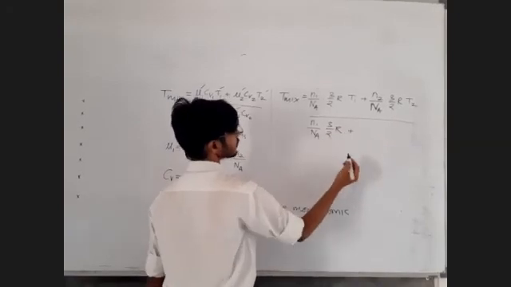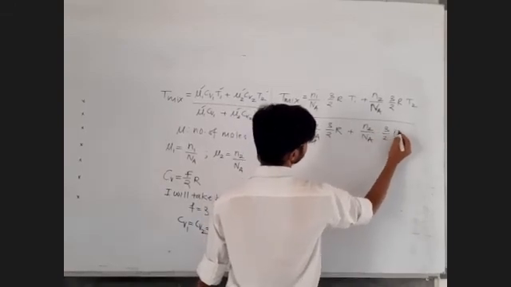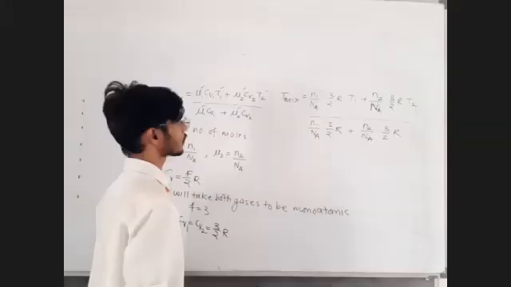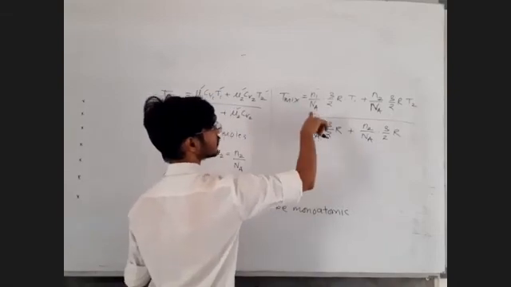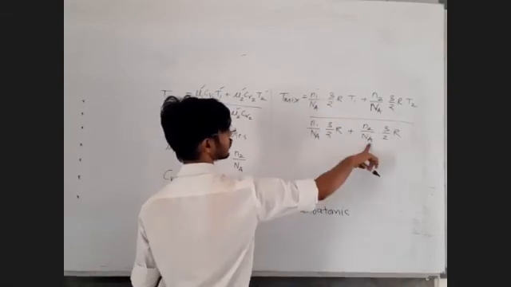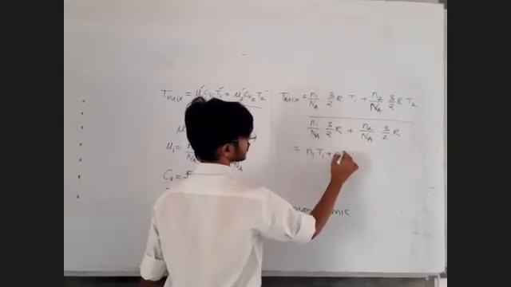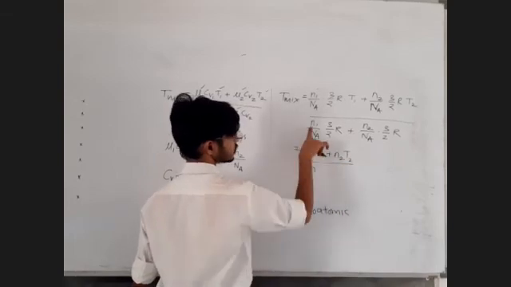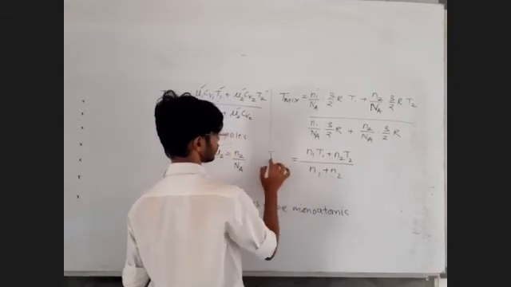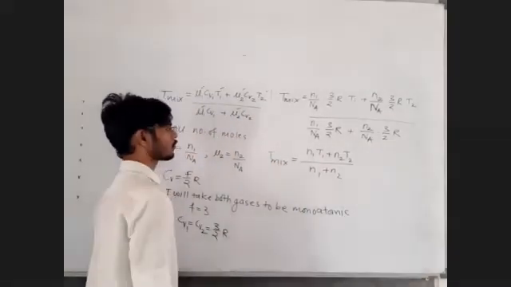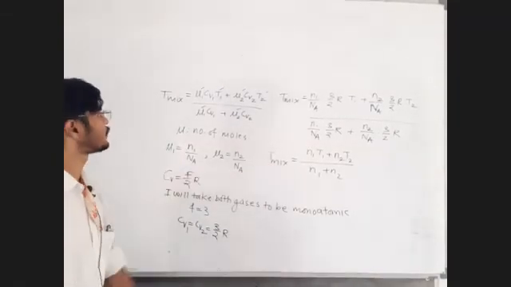Check whether I am writing it correctly or not. Mu2 is N2 upon Avogadro number, CV2 is 3 by 2R. Okay. I think the 3 by 2R factors cancel, and the 1 by Avogadro number factors also cancel. So that results in N1 T1 plus N2 T2 divided by simply N1 plus N2. Am I right? Just reply in the chat box, clear and written. First do this on your own, then let me know in the chat box whether you get it or not. For this particular case, we are getting this answer. This is a general formula.